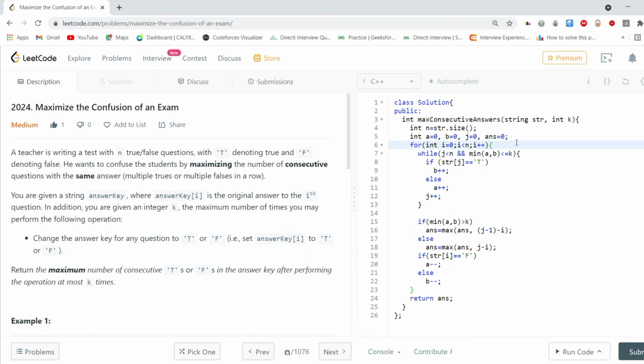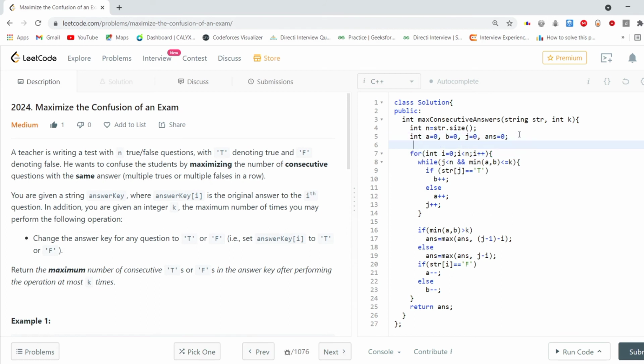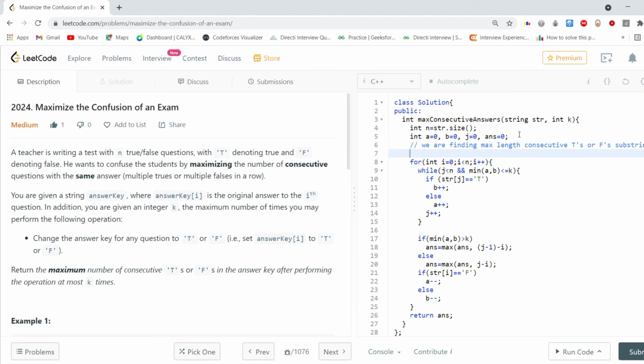Now for i equals 0, i less than n, i plus plus, we are finding the max length consecutive t's or f's substring which we can make from index i.